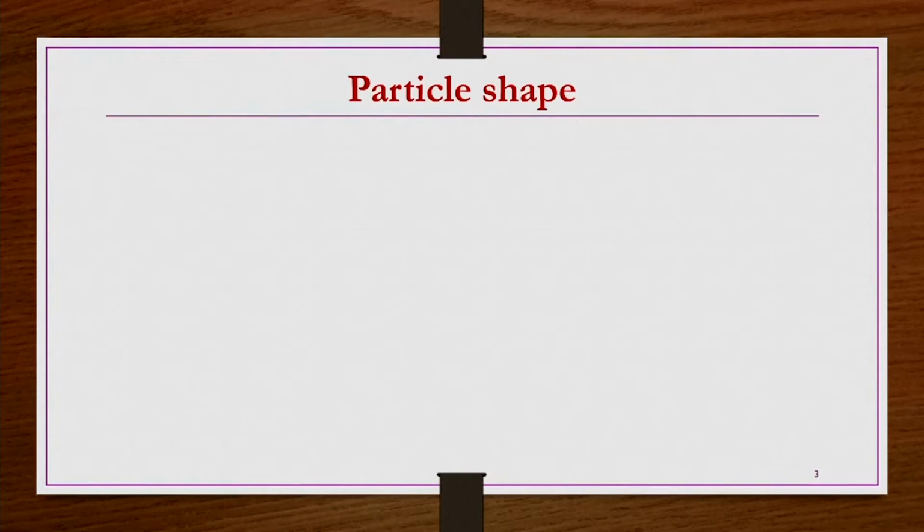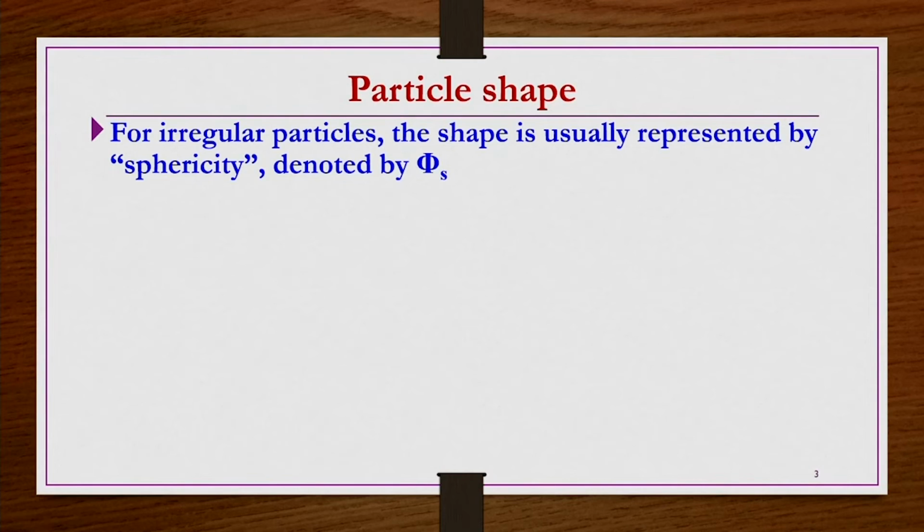In this lecture, we are going to see how to represent the shape of a given individual particle. Later, in a subsequent lecture, for a mixture of particles also, we can define sphericity, especially for non-uniform mixtures. So, the particle shape with a reference can be defined. For irregular particles, we can define the shape by sphericity. The sphericity, as the word suggests, relates to how spherical that particle is, how closely we can represent it in terms of the spherical nature of that particle.